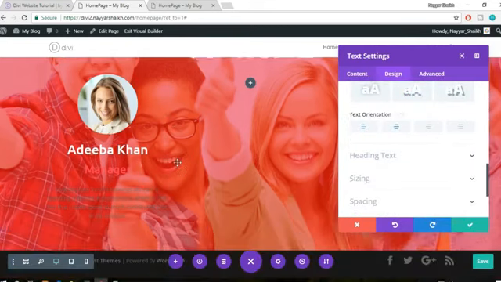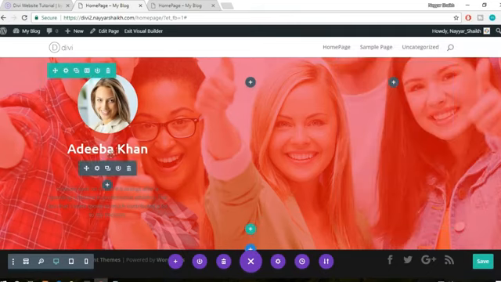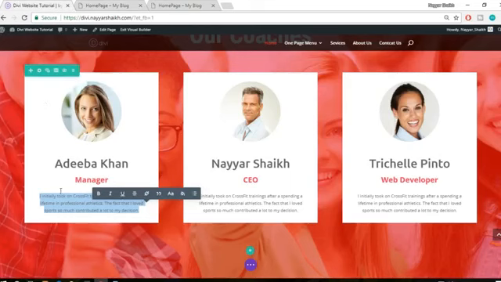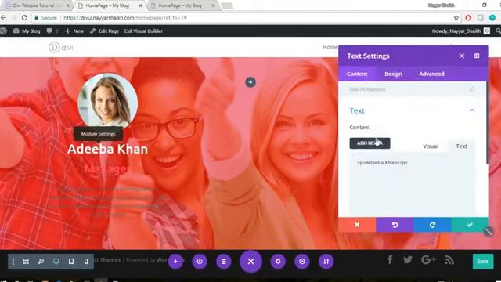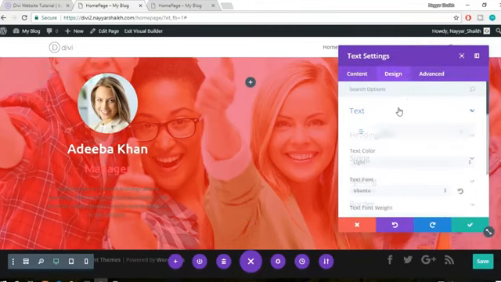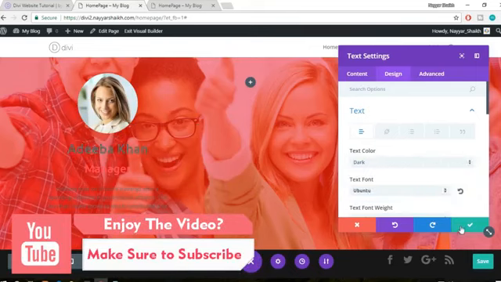We don't have to change the size or anything, just make it center align. Click on OK, and let's change the color of this name, because here we are going to add a white background, and if the color of this font is white we cannot see that. So let's select that, go to design, text, let's make it darker, the text color should be darker, click on